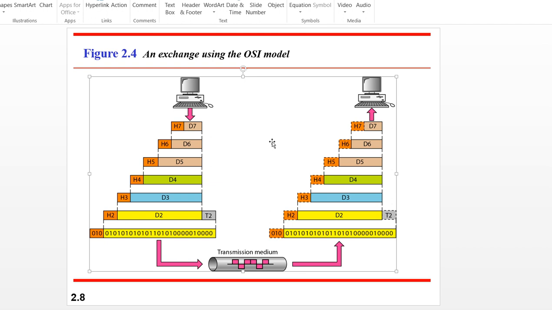Bit streams are nothing but zeros and ones. Don't worry about this much; we will discuss each layer, like the physical layer, data link layer, network layer, all the layers, in depth later. This diagram represents that from sender to receiver, some trailers or headers will be added to the data, that's all.